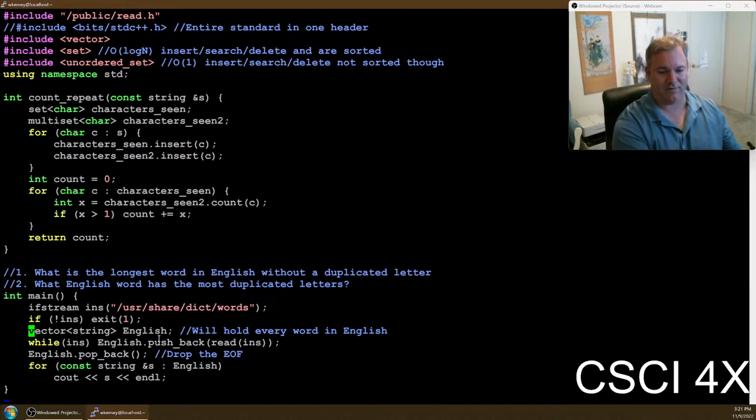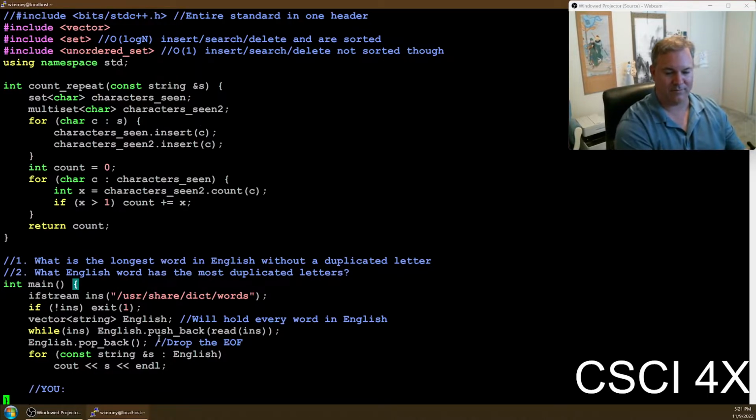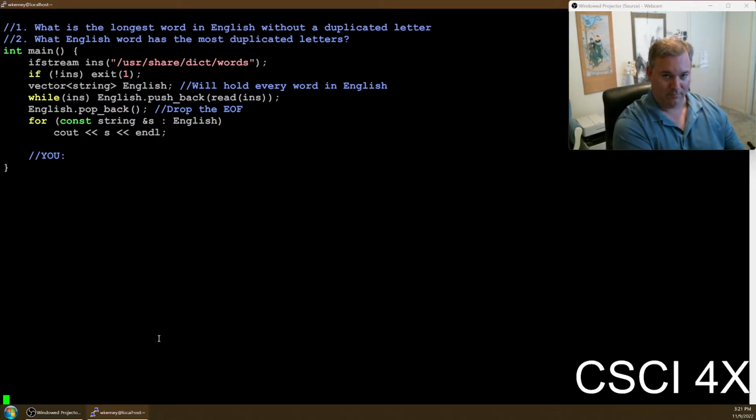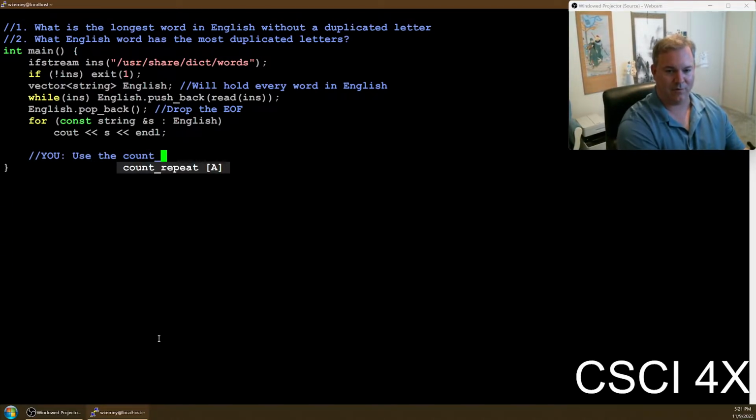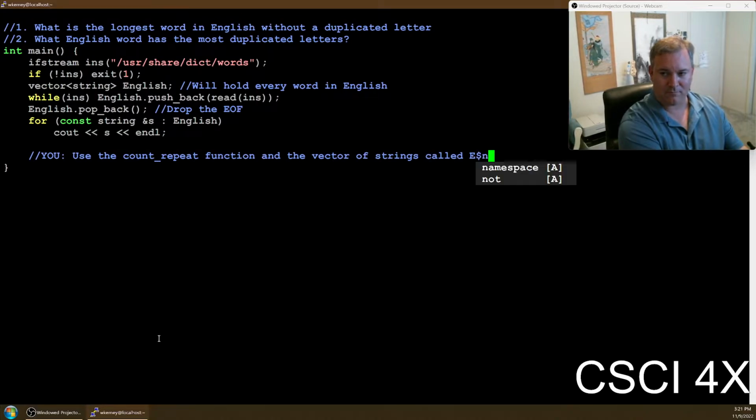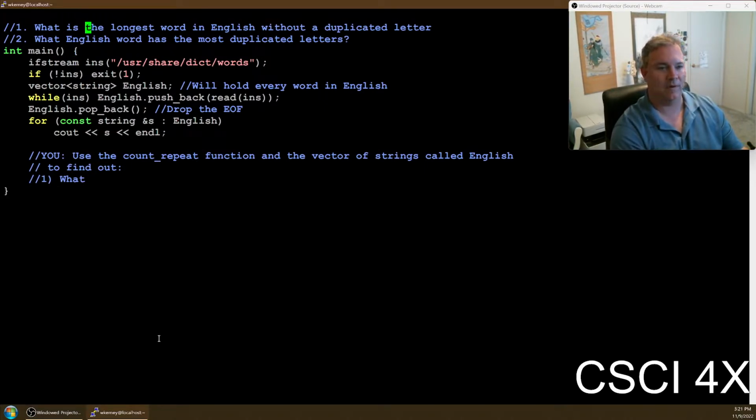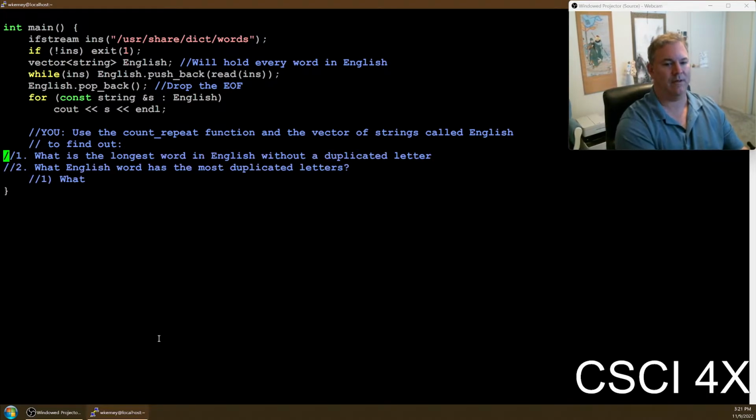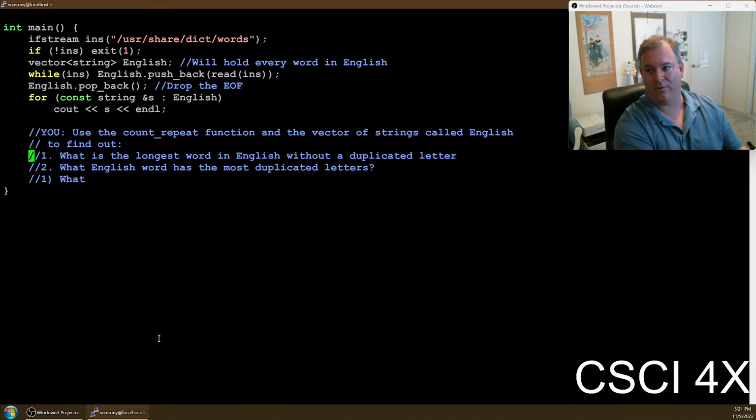So given this vector here called English, your task, right? Use the count repeat function and the vector of strings called English to find out